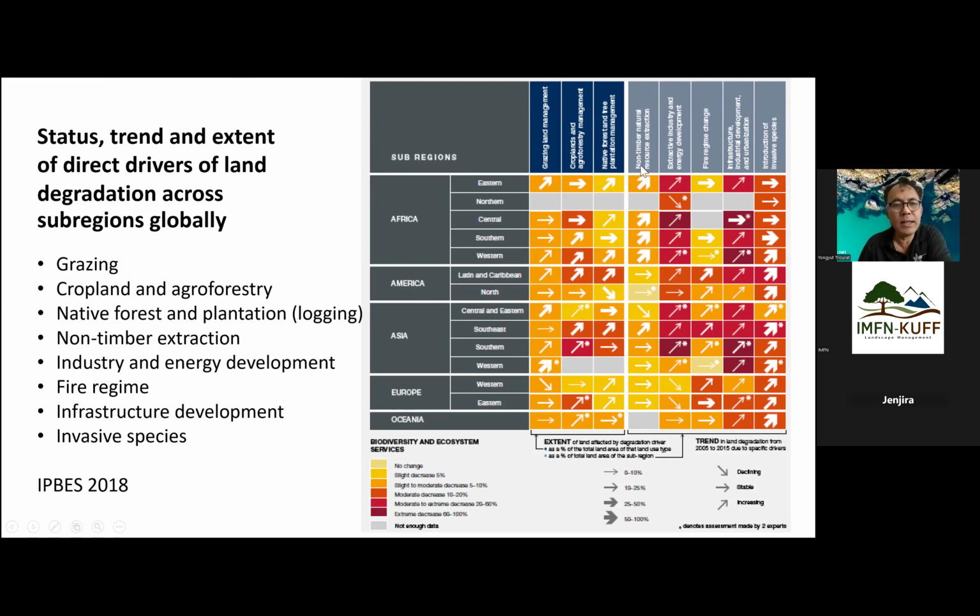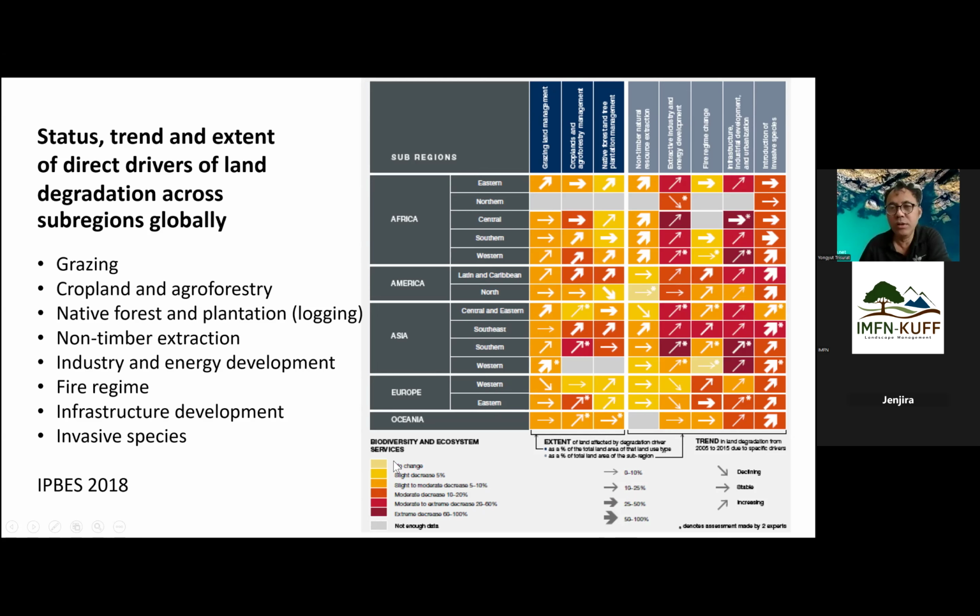So this one is something like logging. So this is non-timber forest product extraction and industry and industry and energy development, forest fire, infrastructure development, and invasive species, and the size of the arrow showing the contribution